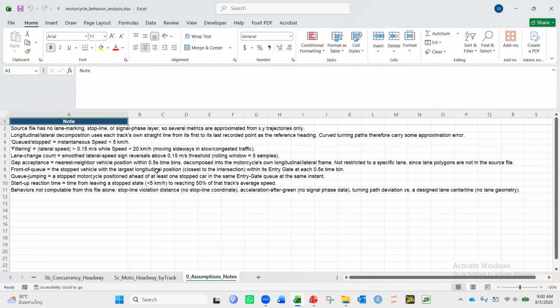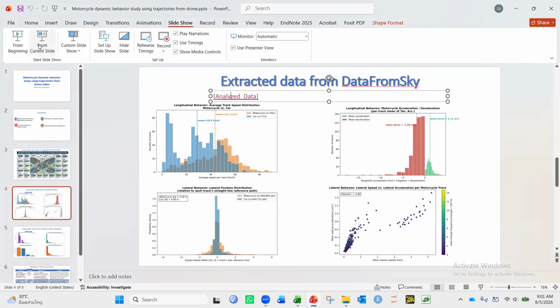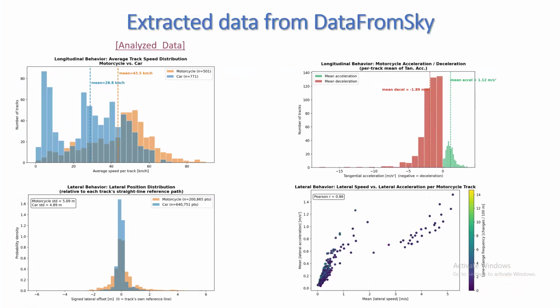Similarly, for startup reaction, the time from leaving a stop state, less than 5 km per hour, to reach 50% of track average speed is considered the startup reaction time. And these are all about the Excel analysis. If we look at the presentation slide, we also obtained some graphs. In the first graph, there is longitudinal behavior